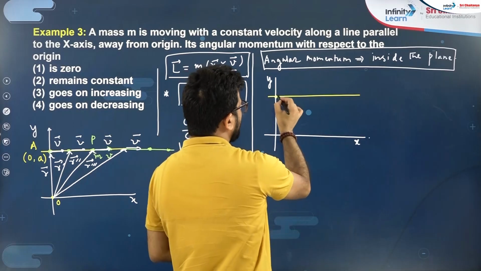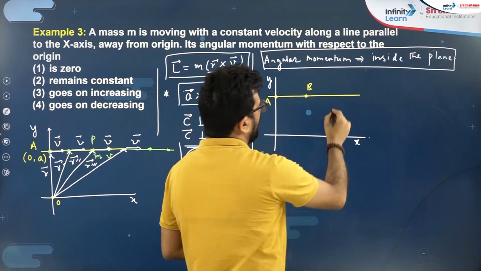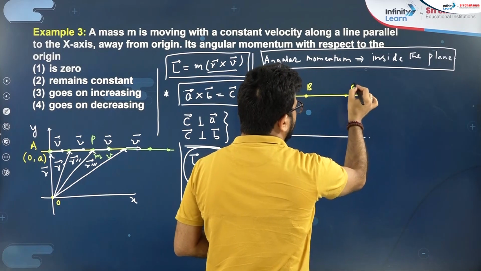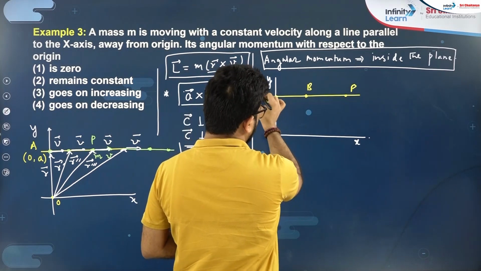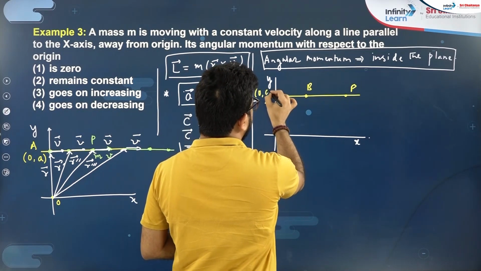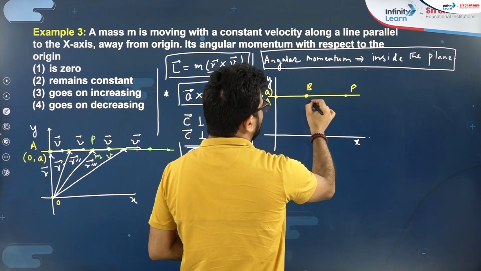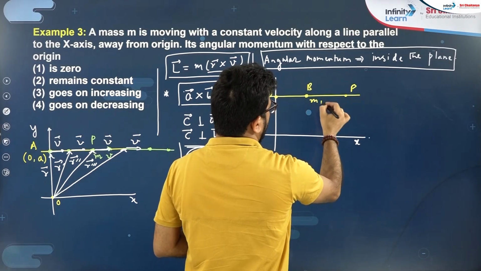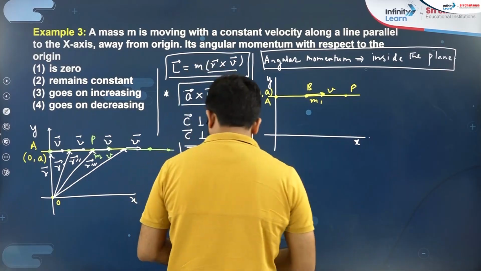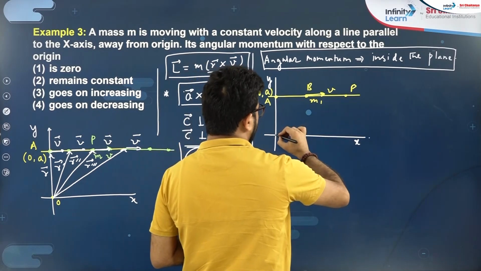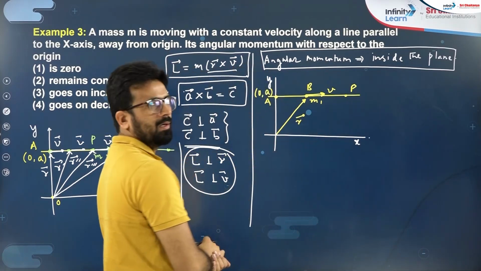Suppose this point was A, and after some time it will reach B or C or P. This is the point (0, A). The mass is M, and here the velocity is V, which is parallel to this line. Now if you choose this R vector from here,